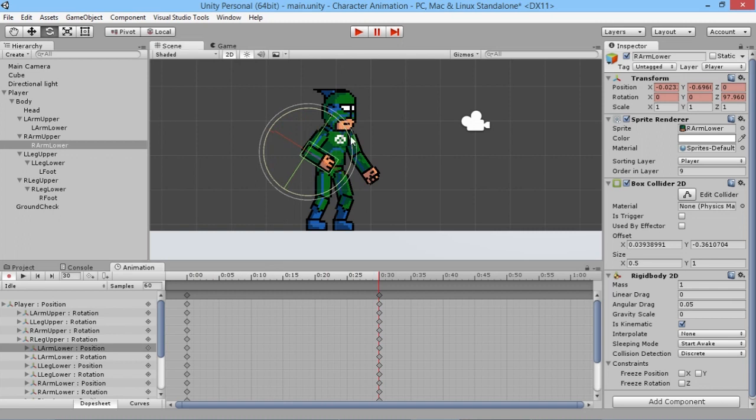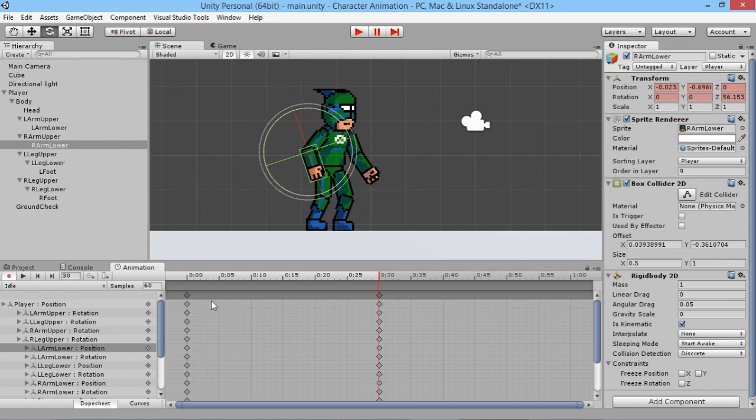I don't know why his arm is moving crazy like that. I think I just moved it a little bit too much before I let go. There we go, that's a bit better. So now we have the animation going from the start to the middle, and because we want it to be a looping animation, we want it to go back to the exact same position that it was in